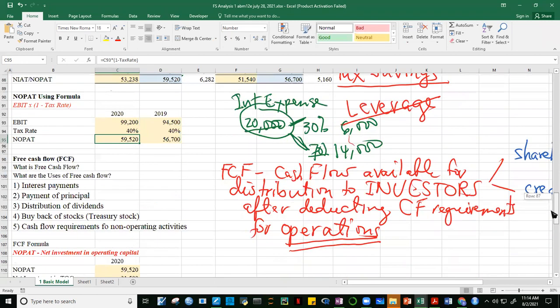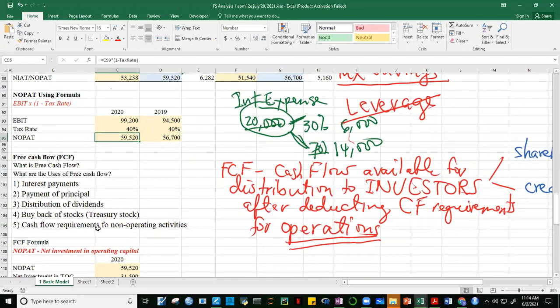Okay, then we also learned how to compute for free cash flow. Yung free cash flow, guys, magkakaroon tayo ng example by Wednesday. Ang importance nito is in determining the stock price of the company. We use free cash flow to determine the share price of the company. And we said that free cash flow is cash flow available for distribution to